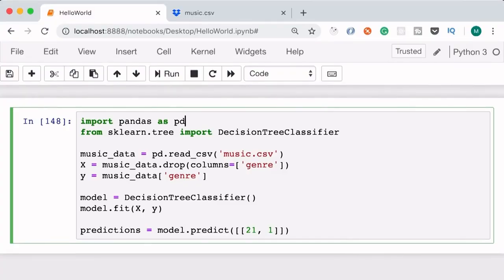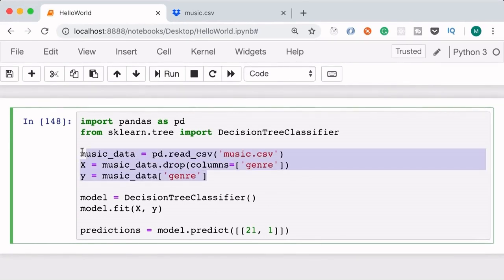So this is a very basic implementation of building and training a model to make predictions. Now, to simplify things, I have removed all the code that we wrote in the last lecture for calculating the accuracy, because in this lecture, we're going to focus on a different topic. So basically, we import our data set, create a model, train it, and then ask it to make predictions.